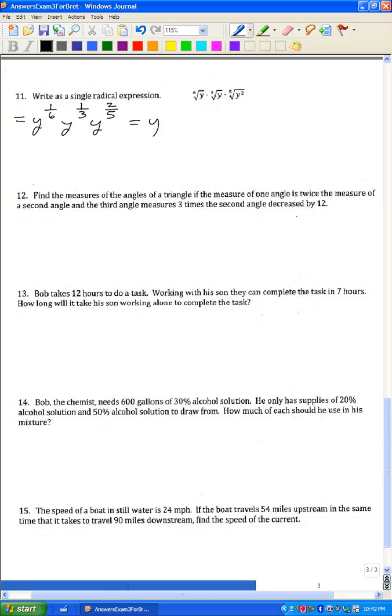And so, since I am multiplying these together and they have the same base, then I just add exponents by the laws of exponents. And so I want to add 1/6 plus 1/3 plus 2/5. So I'll get a common denominator. The common denominator here is just